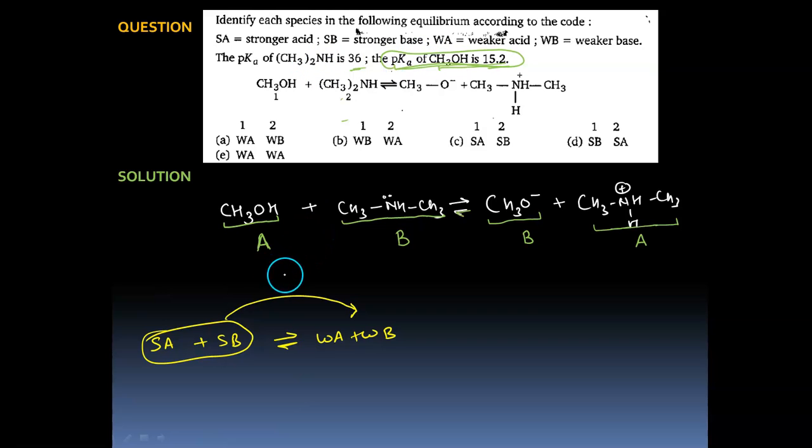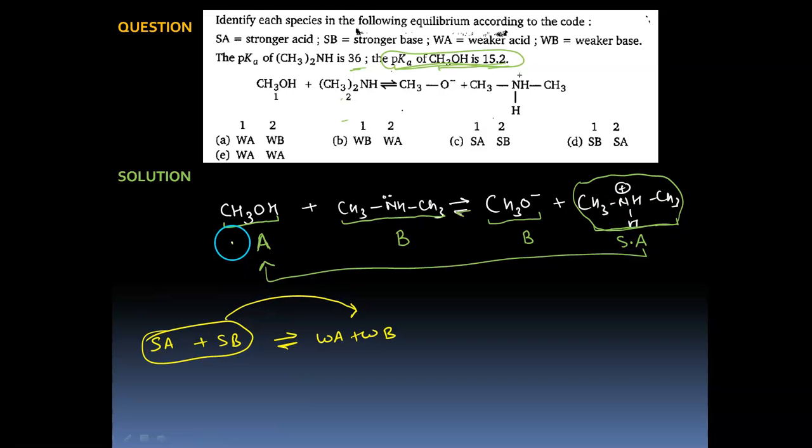But then we need to compare the acid constituents of the reactant and the product. So if I compare this methanol with this, this is a charged substrate and therefore more likely to react in a proton donating reaction, therefore this will be a strong acid and this will be a weak acid. Next we can also check with the help of base. Out of this and this, which is a stronger base? So clearly methoxide ion, O minus, is a better basic site than neutral nitrogen, therefore this will be a strong base and this is a weak base.